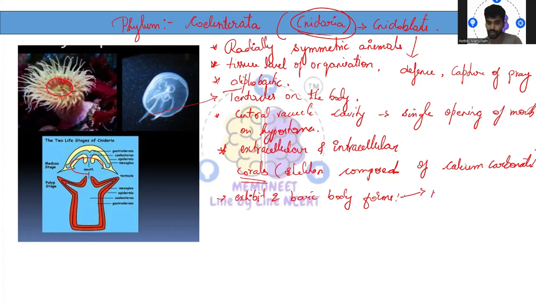So the first one is polyp, and the other one is medusa. This one I can call medusa. Sorry, first one medusa, and this part can be called polyp. Okay,